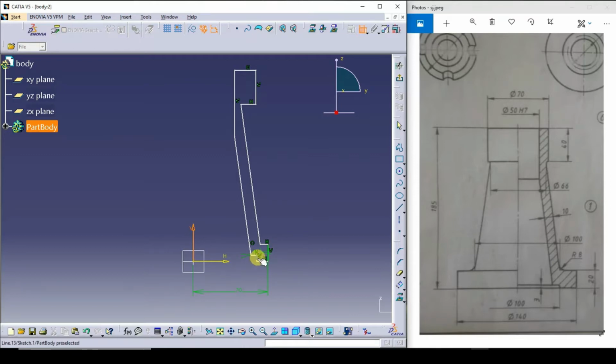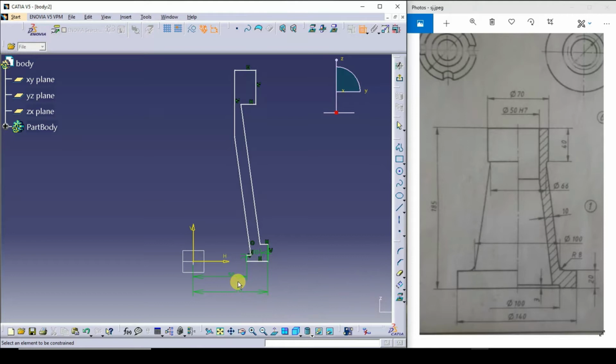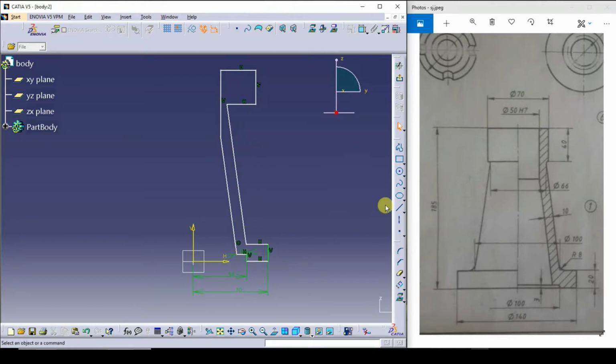Then from here to here it is 100. Half of 100 is 50. From here to here it will be 50. So I'll keep this as a 50. Just I'll drag this a little bit like this.